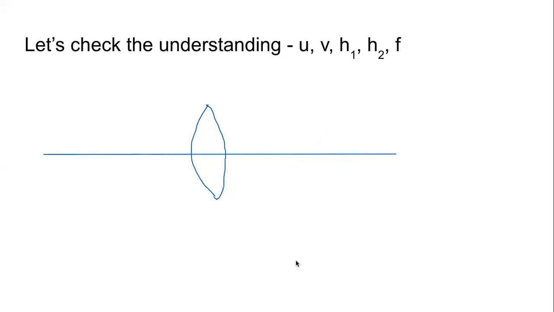Let us test more. If my image, I will draw it in a dotted line, it is not necessary, but I'm making it. If my image is here, now tell me whether my v is positive or negative. Positive. Correct, it is positive because it is on the right hand side. Very good, Sandhya. What happens if my image is here? Is my v positive or negative? Negative. Correct.